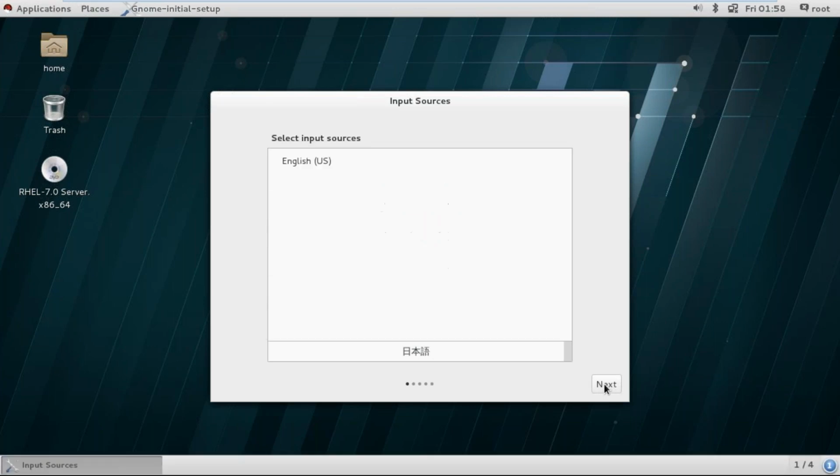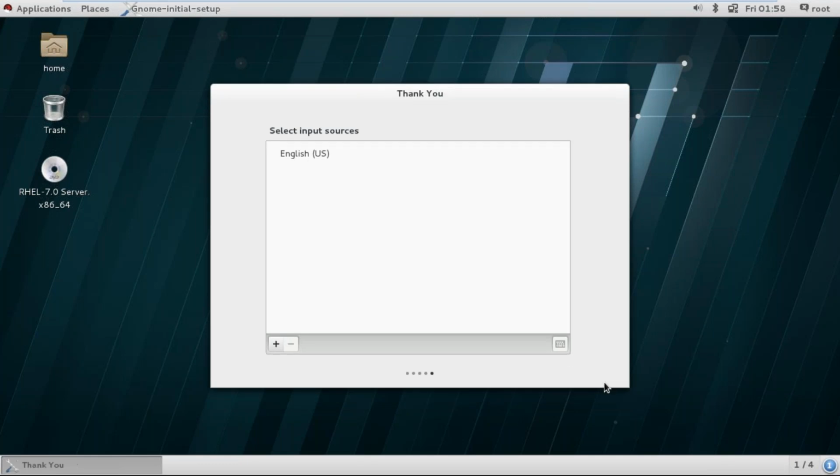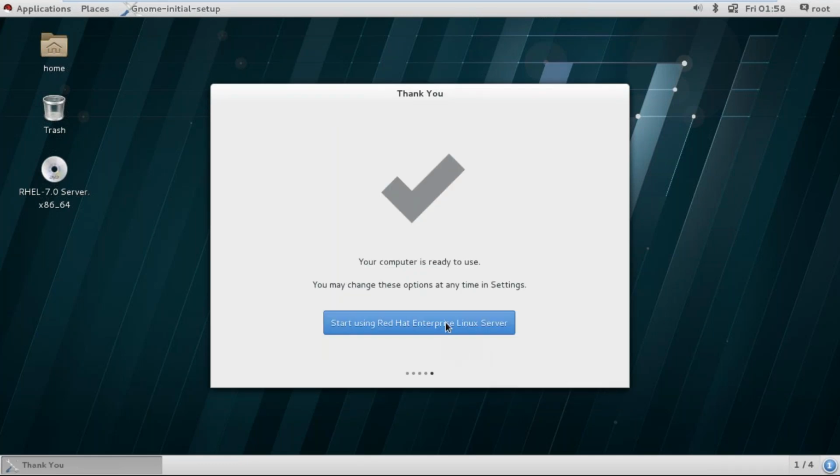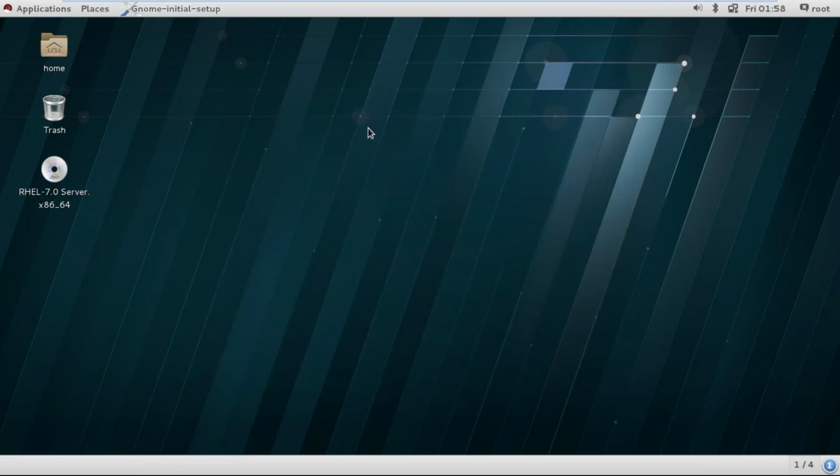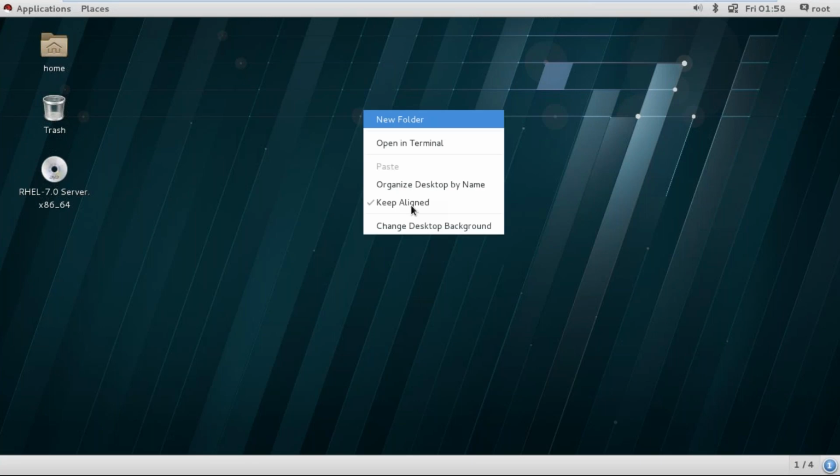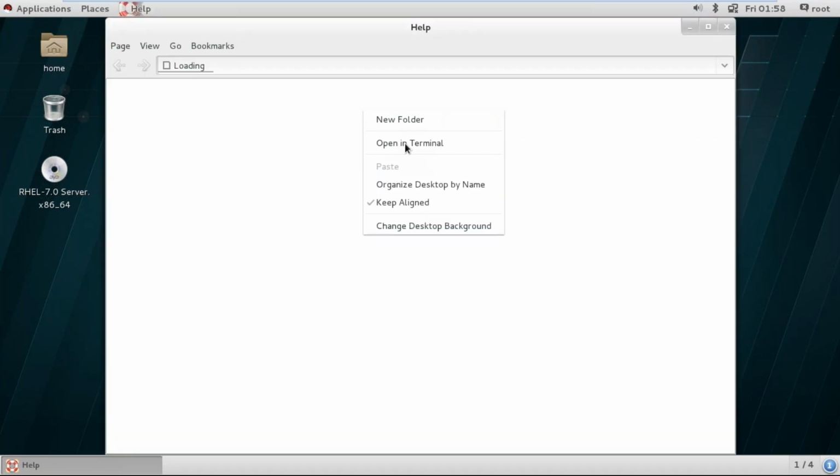Click next. Next. Start using Red Hat Enterprise Linux server. So right click on the desktop, open terminal.